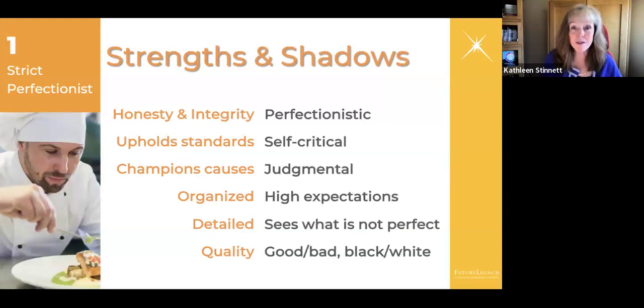Of course, the shadow side is that the type 1 can see the world through a lens of there's right and wrong, there's good or bad. And so if this isn't the right thing, then obviously that only leaves us with one other choice, the wrong thing. And the type 1 is seen as one of the more self-critical types, because I can find where I didn't do things right. And I can also be critical of others when I perceive others as not doing the right thing the right way excellently. So that's a quick snapshot of our type 1.